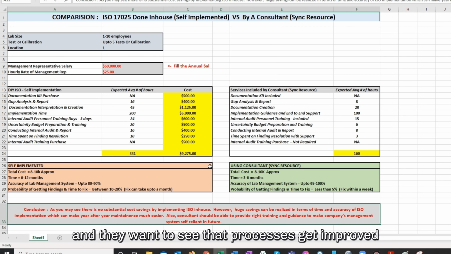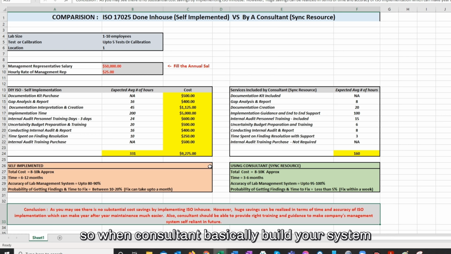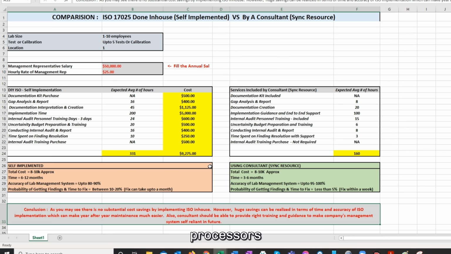They want to see that processes get improved over a period of time, and that's the whole goal of ISO. So when a consultant builds your system, they keep in mind that they want to make a system which is lean and accurately customized to your lab's processes,